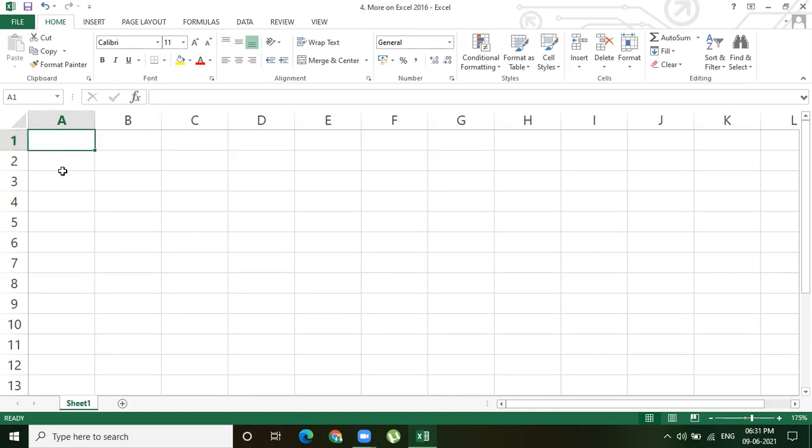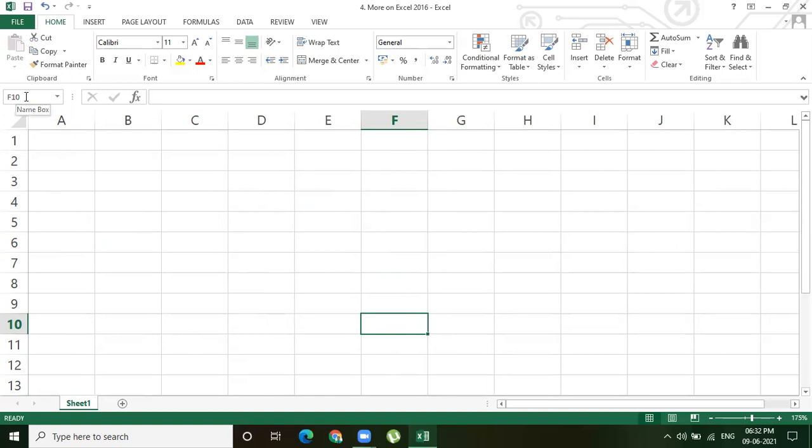This is A1, A2, A3, A4, A5, A6, A7, like that. This is B1, B2, B3, B4, B5, B6, B7, like that. So once again, I'm repeating, the cell address is denoted by the column letter B followed by the row number. So B7, wherever you click, you can see that the column letter is highlighted and the row number is highlighted. So this is E5. If you click here, the F column is highlighted and the 10th row is highlighted. This is F10.